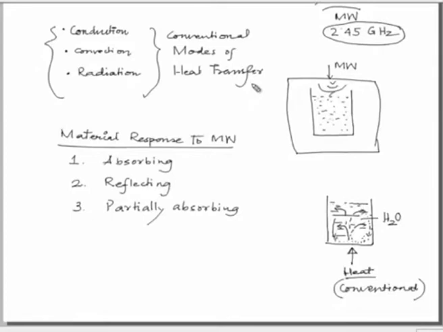However, in case of microwave heating, this is the same water, and we can expect similar temperature at the same time in this layer as that in this layer, unlike here. That is why in the conventional heating process, although the temperature at the bottom of this pot or cup is high, this layer temperature will be much less initially. Say this T2 will be less than that of T1 initially.